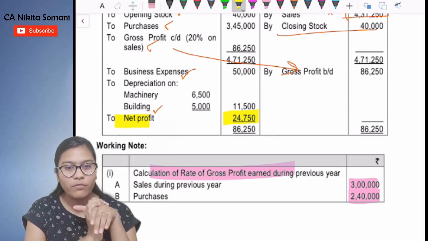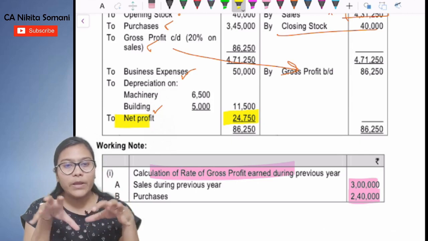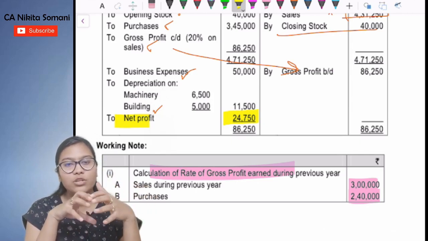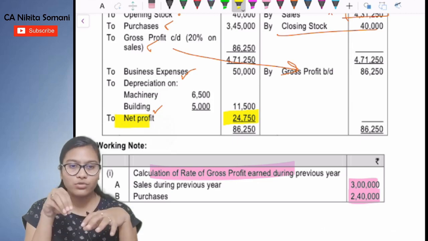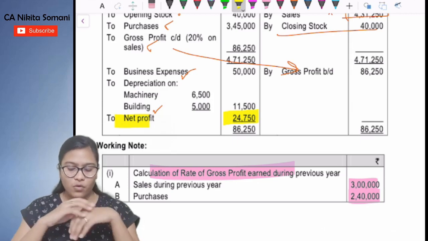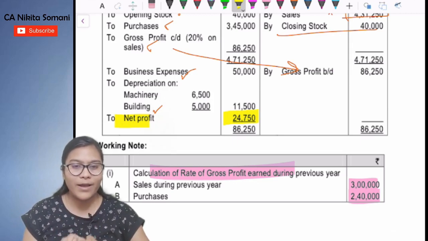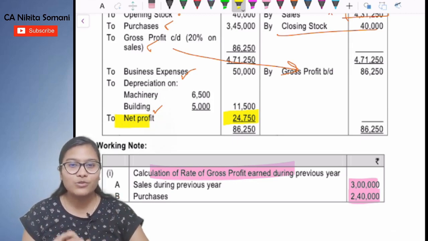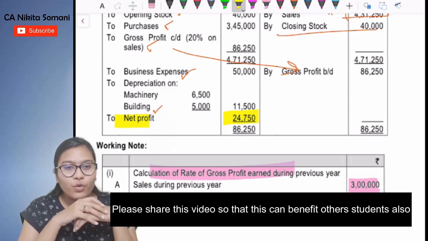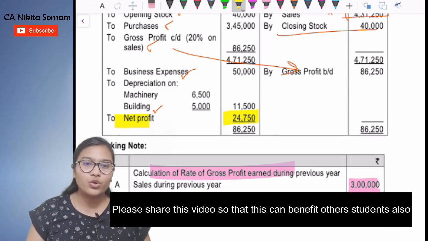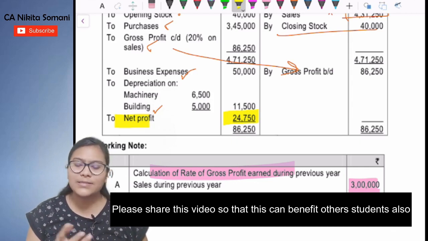Whole RTP is solved. I have solved the RTP in parts. So other videos, I'll be putting those video links into the description box of this video. Okay, so I think that solving of this RTP is helpful to you. I have tried my best to solve the RTP for you.